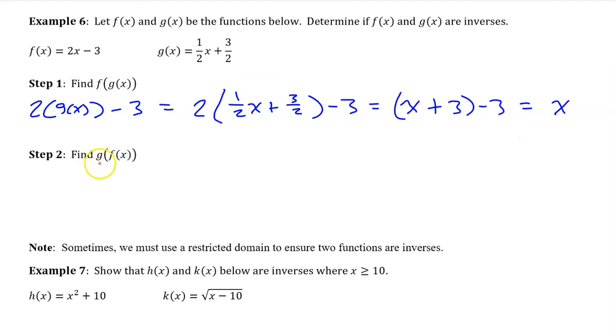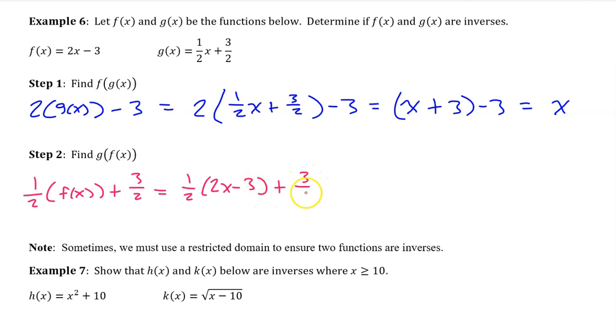Step 2 is to find g of f of x, and see if we get x again. Now g is the outer function, so I'm going to rewrite this with parentheses instead of an x. So we will have 1/2 parentheses plus 3 over 2. Inside, of course, we put the f of x. But now we realize that f of x is 2x minus 3, so we make that substitution, and we get 1/2 times 2x minus 3